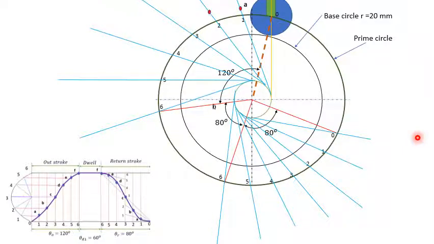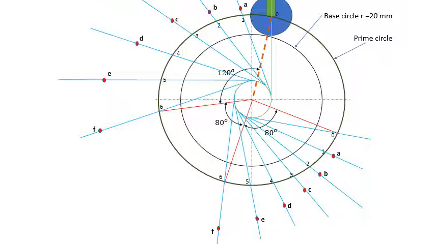Similarly, measure 2 to B and transfer here, then measure 3 to C and transfer here, then 4 to D, then 5 to E, 6 to F. A similar procedure is followed for the return stroke. So measure 1 to A, then 2 to B, 3 to C, 4 to D, 5 to E, 6 to F. Once we mark all the cutting points on each division of the outstroke and return stroke,